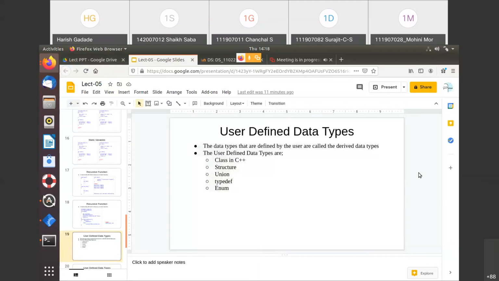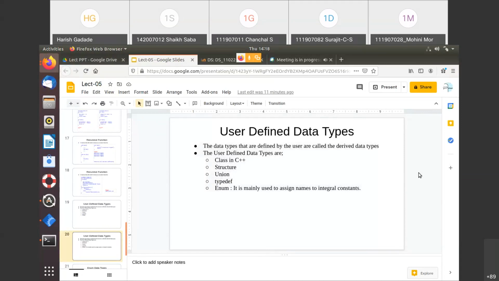Now, next is the enum, right? It is mainly used to assign names to the integral constants. It's very simple actually. With one diagram, I'll just show you. I copied the diagram from the internet. It's actually a very nice diagram, so I'll show it to you so that you will understand what the enum is.